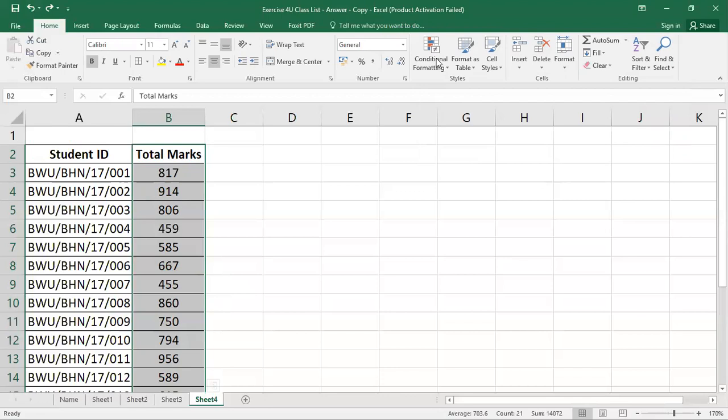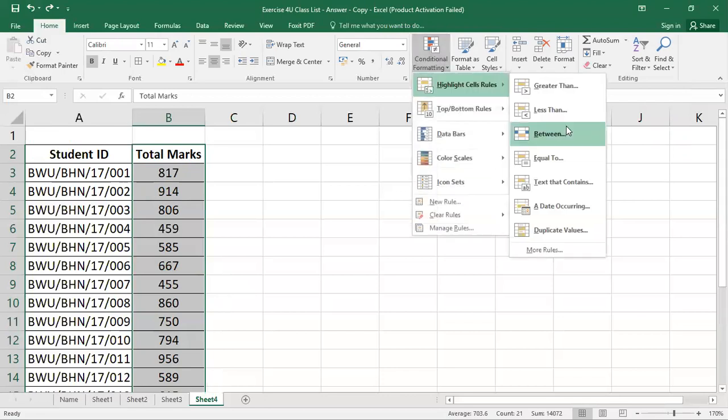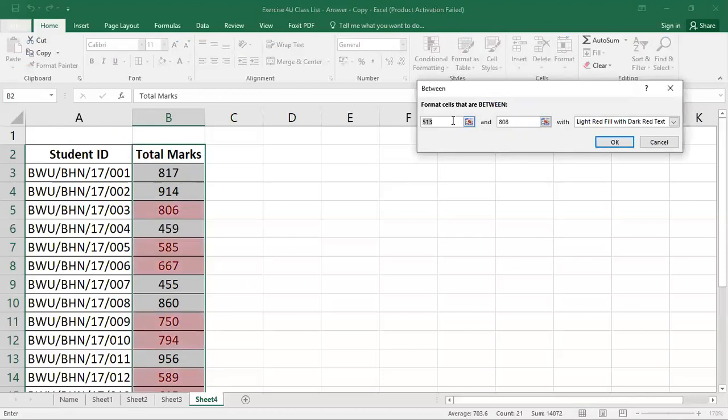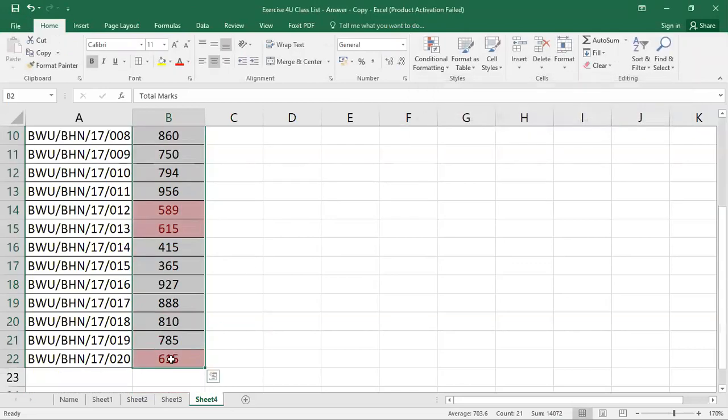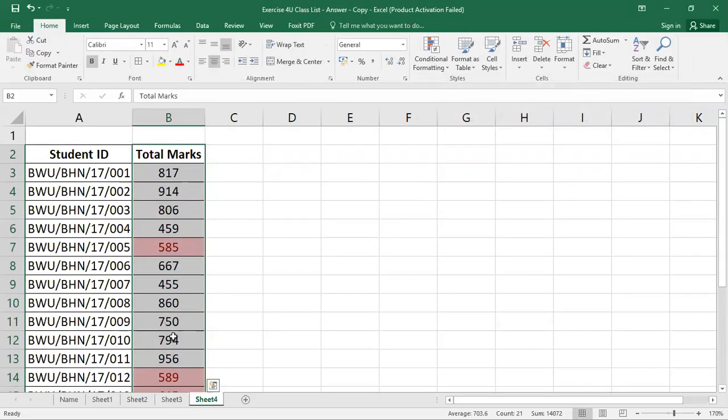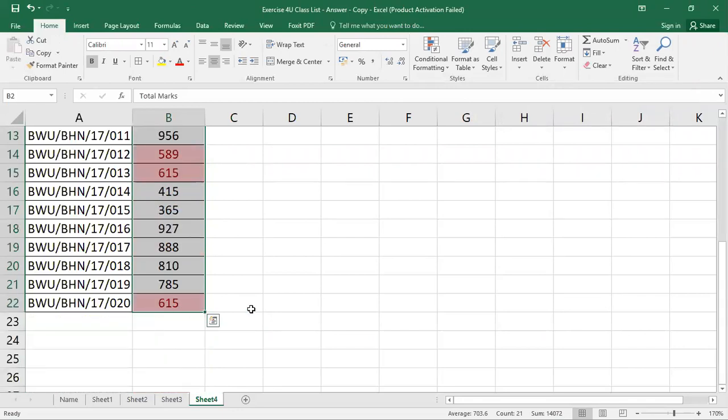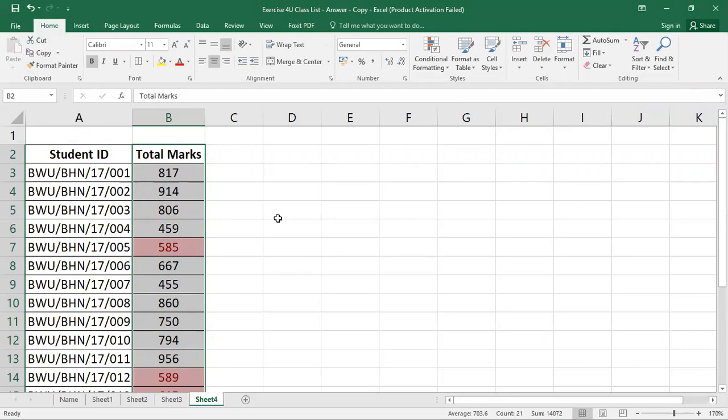Now in this particular manner we can guess between, that means if I show you how many students are getting numbers between 550 to 650, it will show you that only 4 candidates obtained the number between 550 to 650. So here it is the example I just gave you.